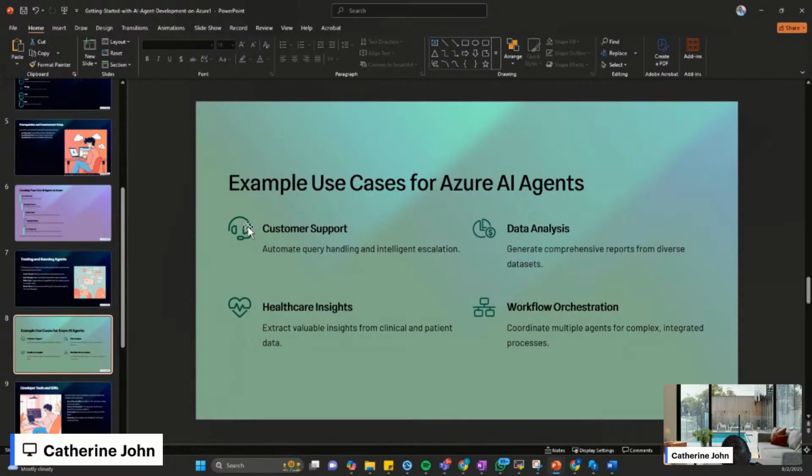So in terms of relating it to real world scenarios, we have data analysis. So an AI agent can generate comprehensive reports from diverse data sets. You know these are pre-trained models already, so you can use it to get already existing data for you. So in terms of healthcare insight,